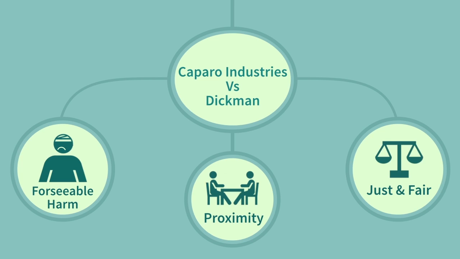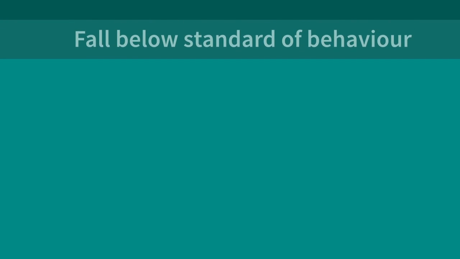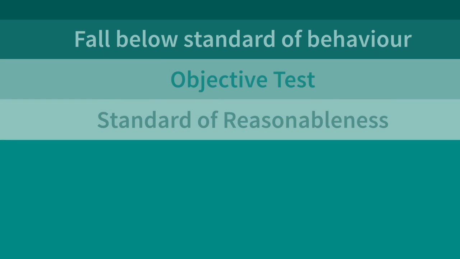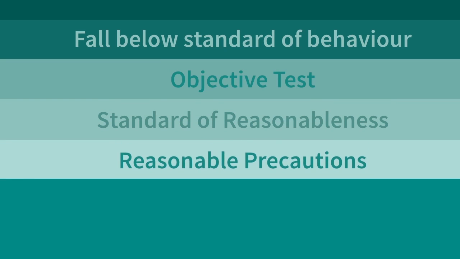The main difference being that under Caparo, it is the plaintiff that must put forward policy reasons for imposing liability, whereas under Anns, liability would arise once the plaintiff had established reasonable foresight and proximity, and the defendant had to demonstrate policy factors for negating liability. A defendant will be in breach of their duty of care if behaviour falls below the standard of behaviour reasonably to be expected in someone carrying out similar actions. The test is objective and is known as the Standard of Reasonableness. It requires the defendant to take reasonable precautions, not to eliminate every possible risk.